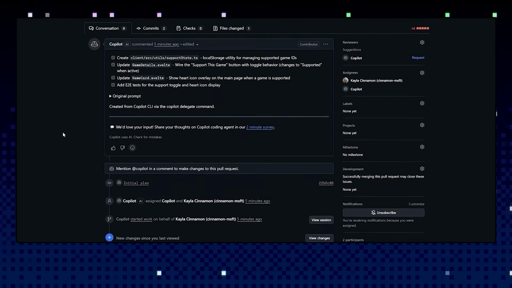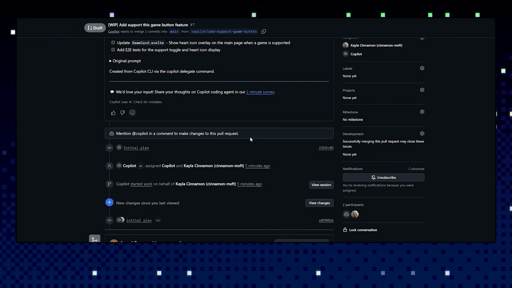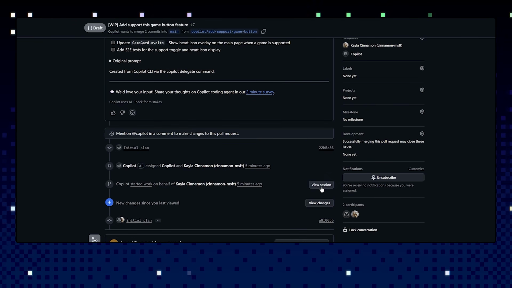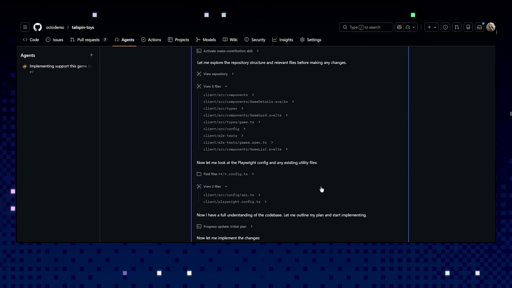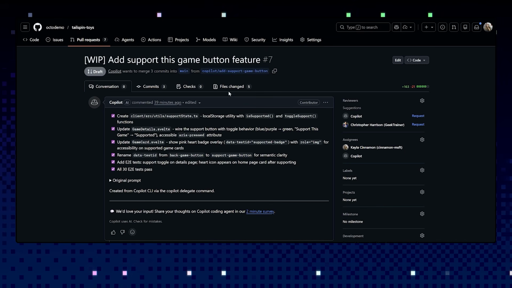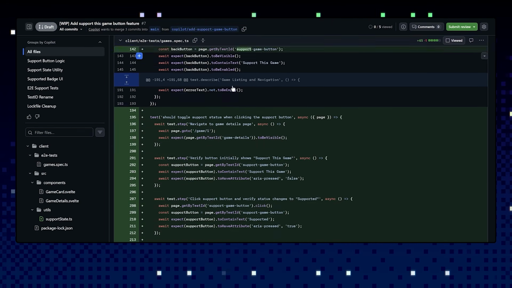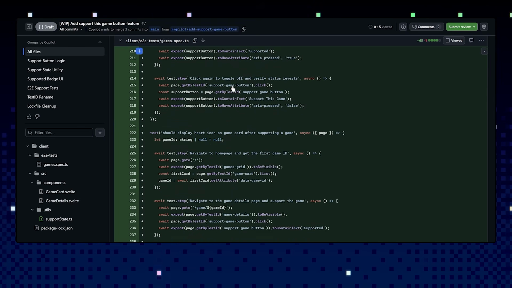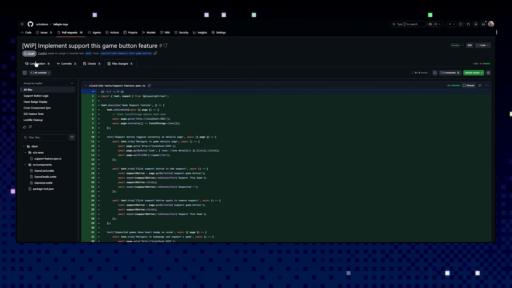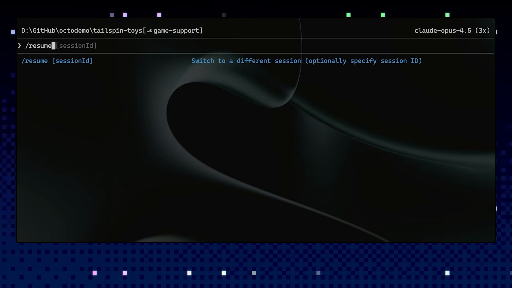Let's take a look at the PR it made. While it's still working, we can click on the View Session button to see what steps it's taking, and we can steer if needed. Now let's fast forward a little bit. We can see it left a detailed PR description, and now that the agent has finished, we can take a look at the files. From here, we can head back into Copilot and run /resume to play with this branch